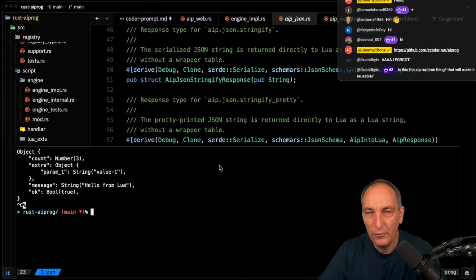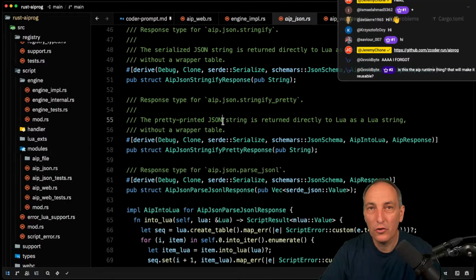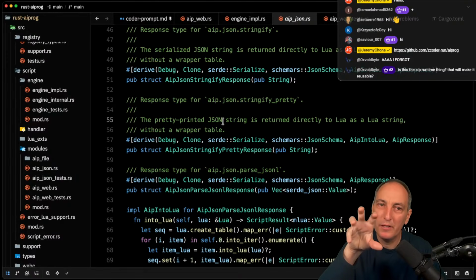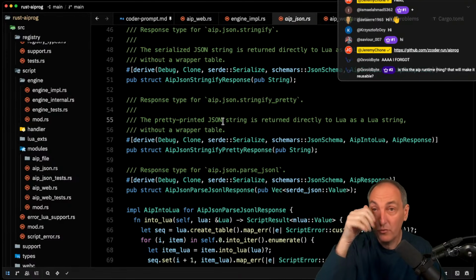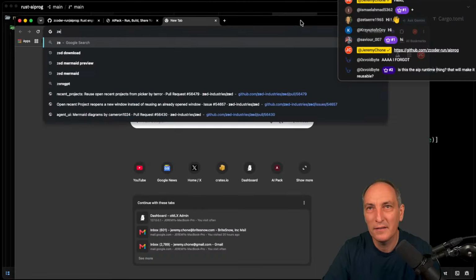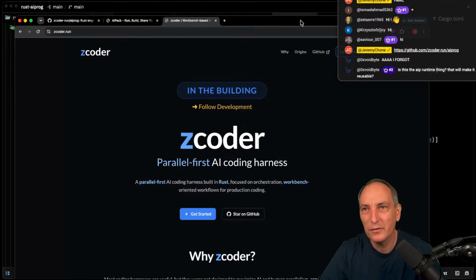That will make it readable completely, yes. So the goal of AIProg is to be usable in zcoder, which is a new coding harness that I'm building. So there's a lot of things here. This is why sometimes I don't know if I should make these videos, because it's too many things. And I don't know if I'm confusing more than anything, but I'm building this new zcoder coding harness, which is